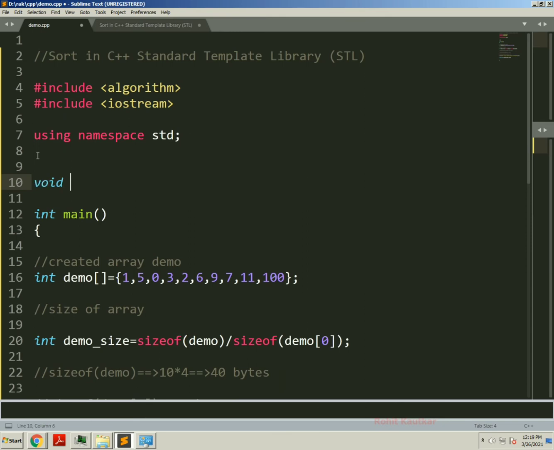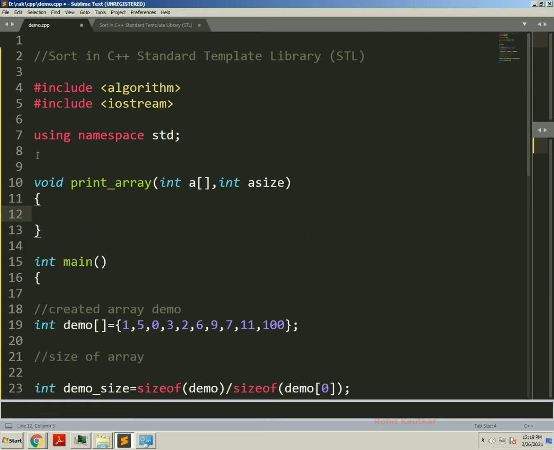So its definition will be like this: void printArray. It requires 2 parameters. One is your array name, so let's say int a, and the size of the array, so let's say aSize.